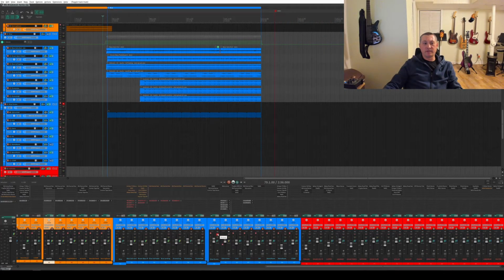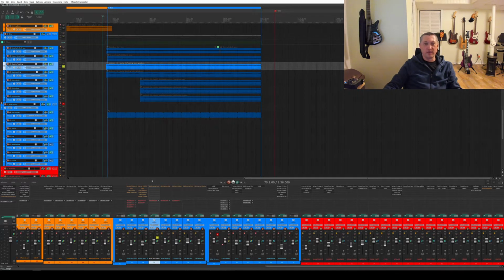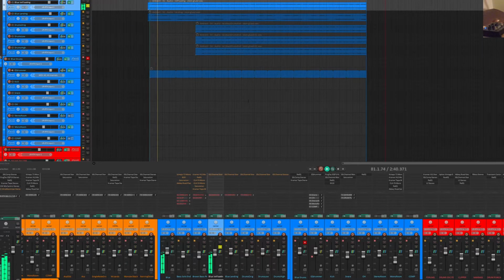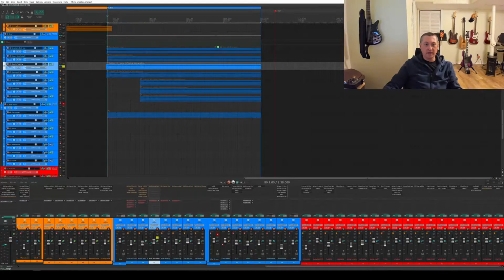All right, so there is the blue section. When I started this section, I had this first file. I'm going to jump around a little bit. This was the first loop that I had, and it's called I'm Floating, the actual name of the wave file when I first brought it in from Acid a million years ago. What I really liked about this was it had that whistle, and it had a drum beat in it. So my first plan was to have this be the only drums in the song.